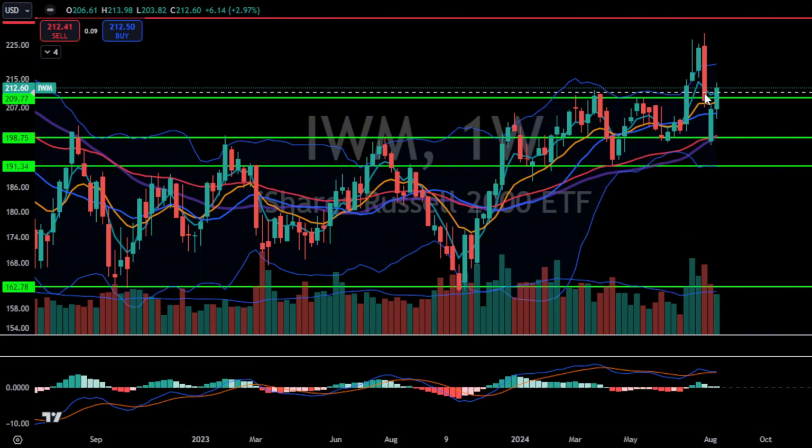So now that we broke through this 210 area, will this one want to ping pong around, maybe up to the 230 area back and forth before moving higher? As let's face it, if the Fed is going to be cutting interest rates, these types of interest rate sensitive stocks